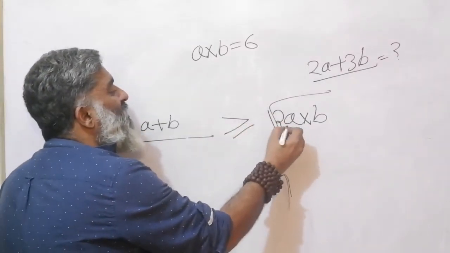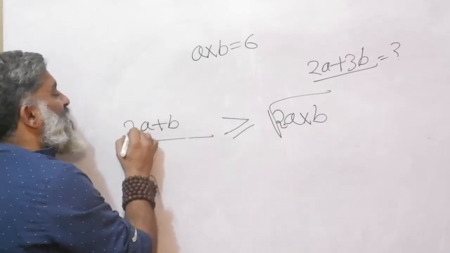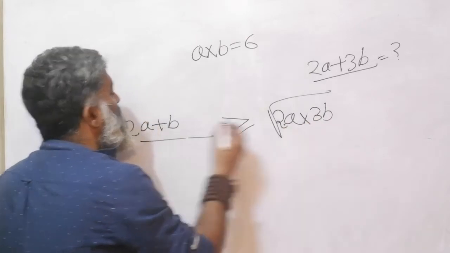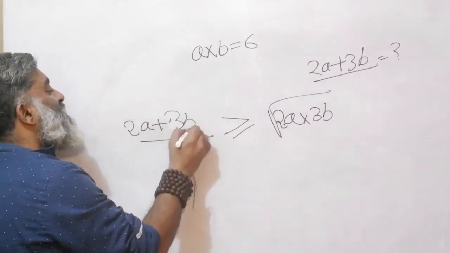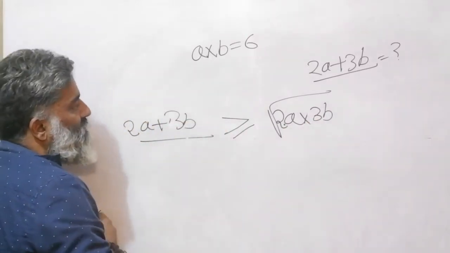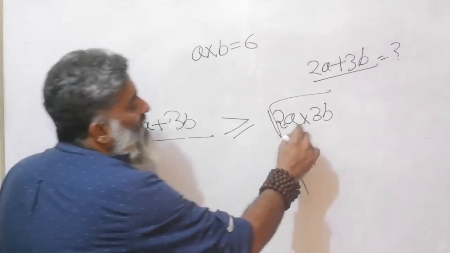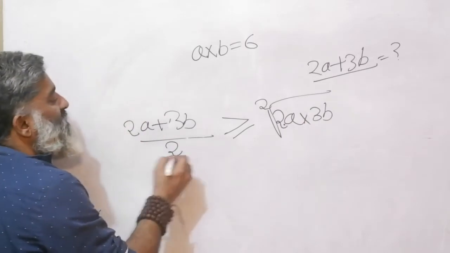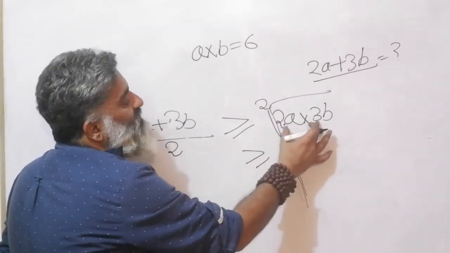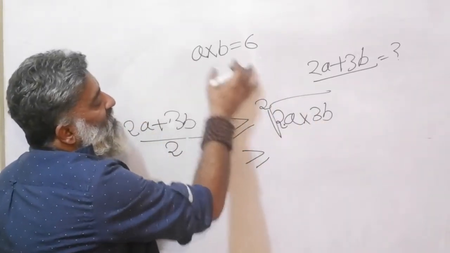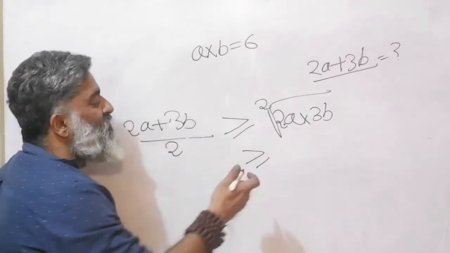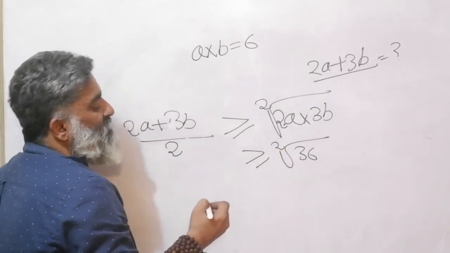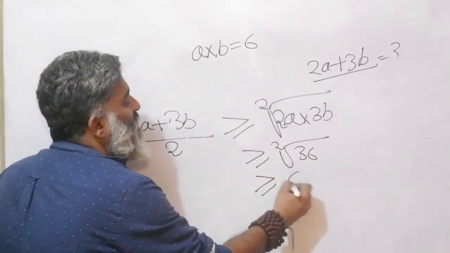So how do I make it 2A? Very easy, just throw a 2A here. So this becomes 2A, this will also become 2A. And I want a 3B, so instead of B, make it 3B. So this will also become 3B. How many terms here? Still 2 terms only. So a square root of this and divided by 2. Now figure out this part of the story. You know A into B is 6 and you have a 2 into 3 which is another 6. So 6 into 6 will give you 36. So we are thinking of the square root of 36. Get rid of the square root and you will get a 6.